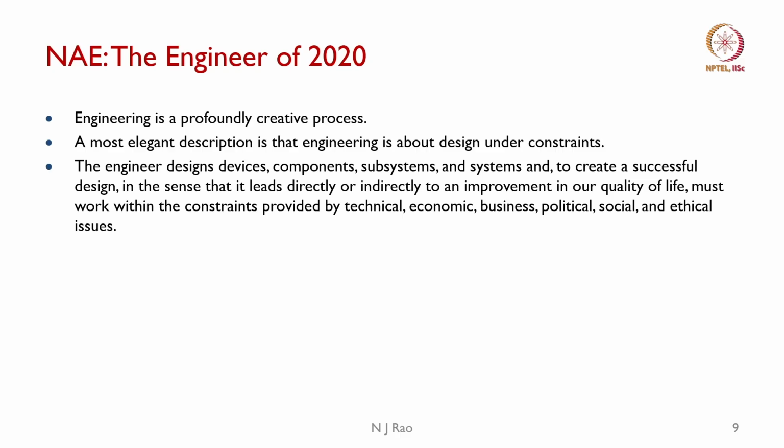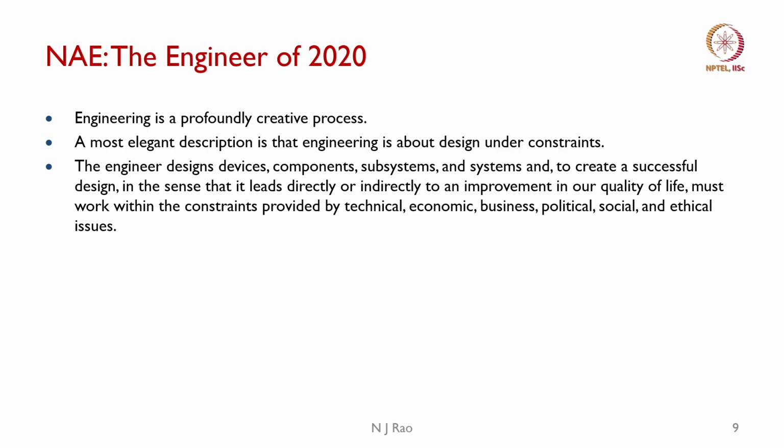These are their statements. Engineering is a profoundly creative process. A most elegant description is that engineering is about design under constraints. If you define engineering broadly as design under constraints, you have to train them to do that kind of job. So here, the engineer designs devices, components, subsystems and systems to create a successful design, in the sense that it